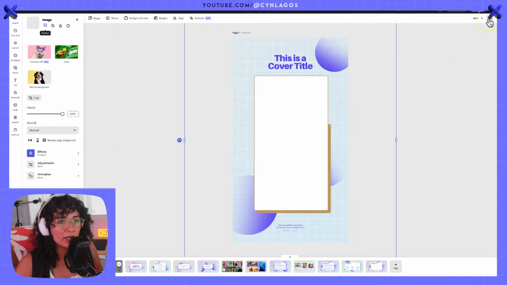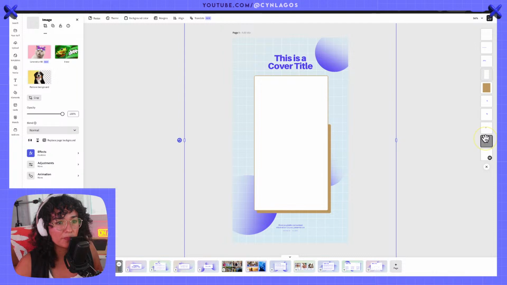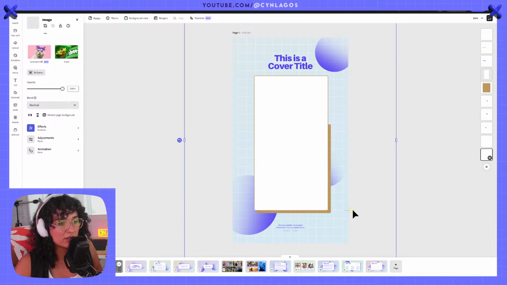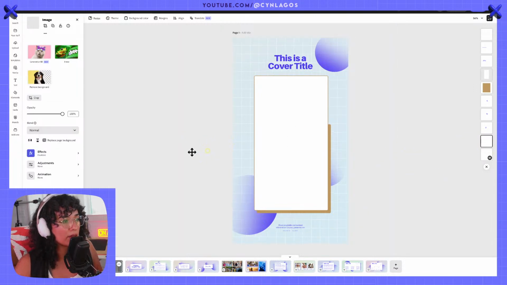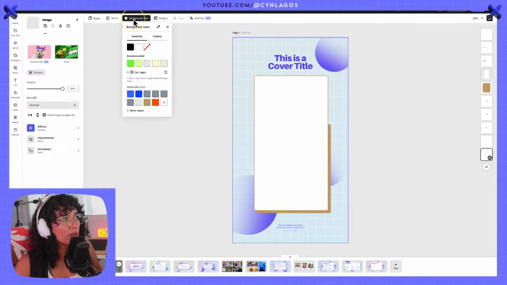So right here, we can find all of our layers. And so we can investigate further. What is this layer? That's the grid. This is the background, which we just colored gray.